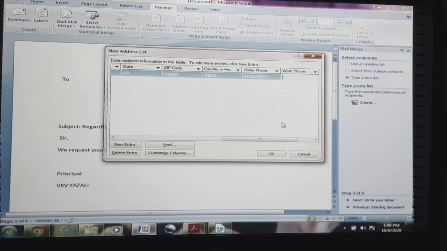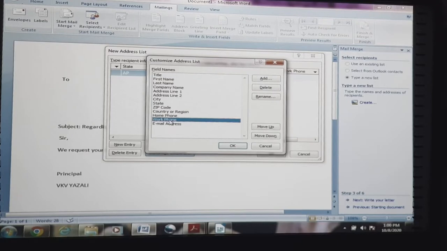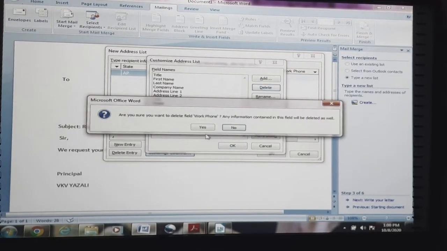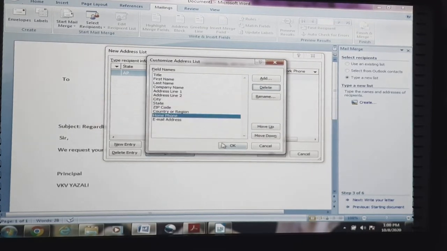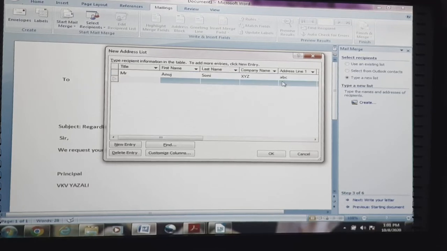This is not needed, so I am customizing the columns here. Home phone, I am removing, delete. Email address only I will keep. xyz@abc.com. Like this we have created a single entry.